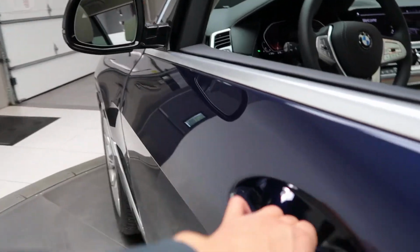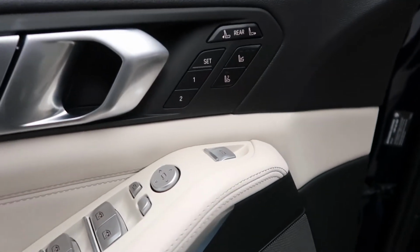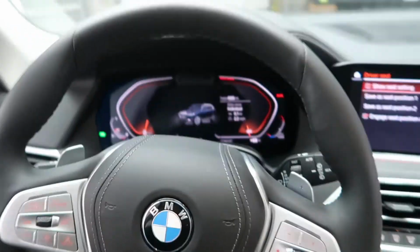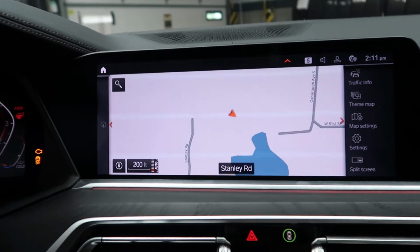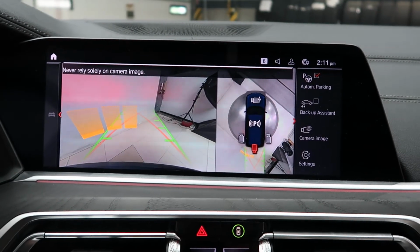keyless entry, blind spot assist, Harman Kardon sound system, heated seats, memory seats, power seats, heated steering wheel controls with Bluetooth capabilities, paddle shifters for extra performance, a push start ignition, navigation, a surround view backup camera with front and rear sensors,